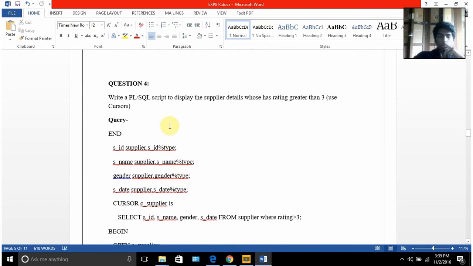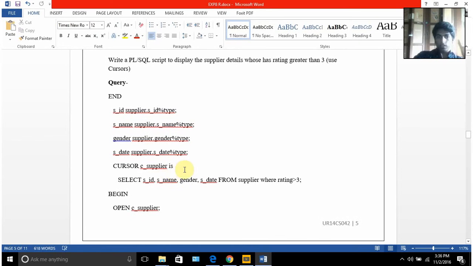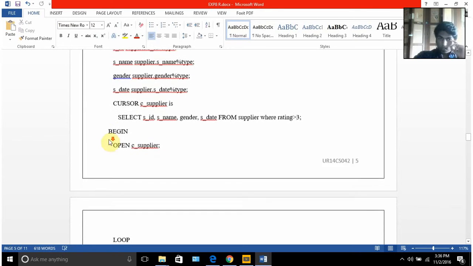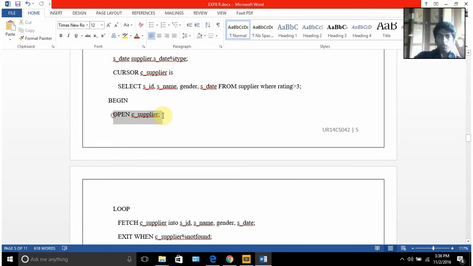Now let's go to question 4. Question 4 is asking us to write a PL/SQL script to display the supplier details of suppliers who have a rating greater than 3. First you need to find the suppliers who have a rating greater than 3. So here you create a cursor to find the suppliers and their information who have a rating greater than 3. Now in the PL/SQL execution part, you open the cursor,